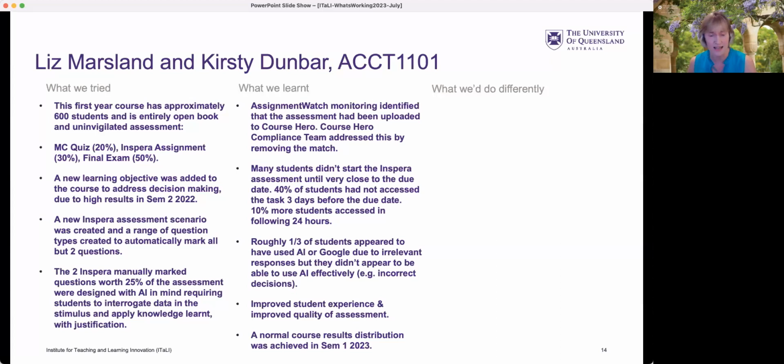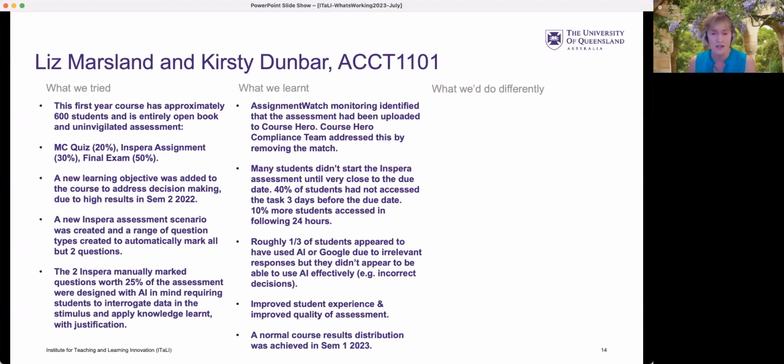So 3 days out, 40% of students hadn't accessed the task at all, and we were sending repeated reminders. In the last 24 hours, almost all of them had jumped in, but there were many that didn't take that on quickly, I guess.